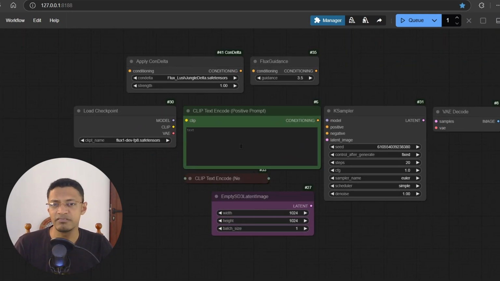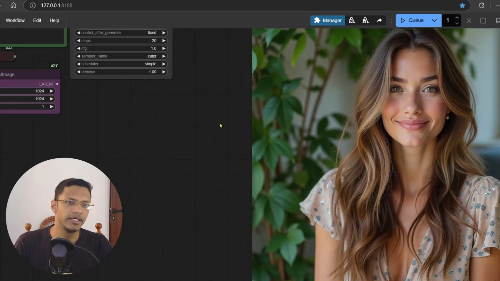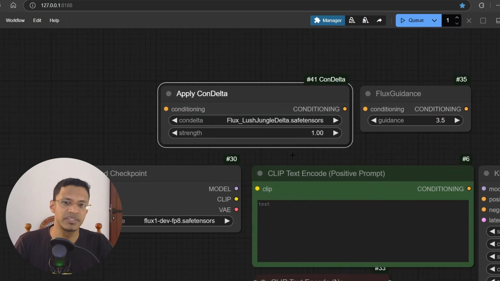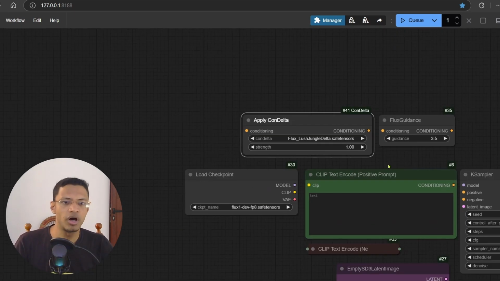Now, same thing, I have new positive prompt, but this time I'm adding this conditioning delta, and the result is this. Again, we have a woman, even though we did not ask for it, but we have a little bit more of the green theme that is happening, and that is because of this jungle model that is being added on top of this conditioning. Now, if we were to compare it, I would say